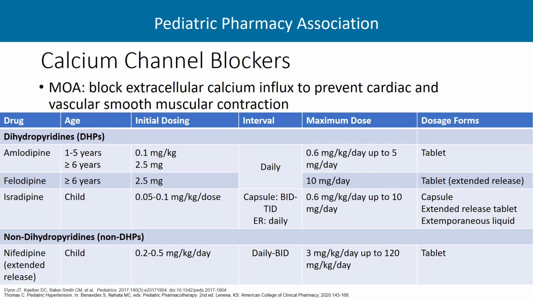Now moving on to calcium channel blockers. So calcium channel blockers work again by blocking extracellular calcium influx to prevent cardiac and vascular smooth muscle contraction. So there's the dihydropyridines, or DHPs, and the non-dihydropyridines, non-DHPs, similar medications that are used in the adult population. And you can see